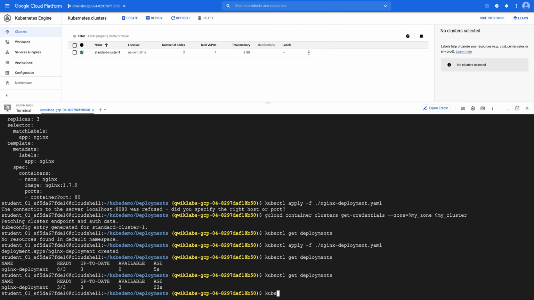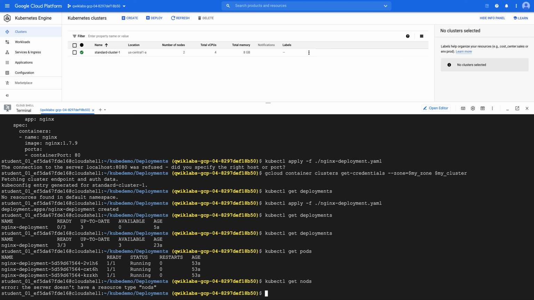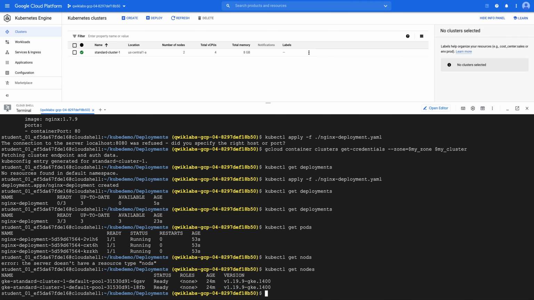You can do a similar thing with kubectl get pods as well. You will get this information, and here it's showing 1 of 1 is ready. It's the same, 3 pods, again 3 pods which we requested. These are the pods which it created, and they're running here. And you can do kubectl get nodes. Made a mistake. So the same information: we have two nodes running, the two nodes which we created, and then 3 pods of Nginx running on them.